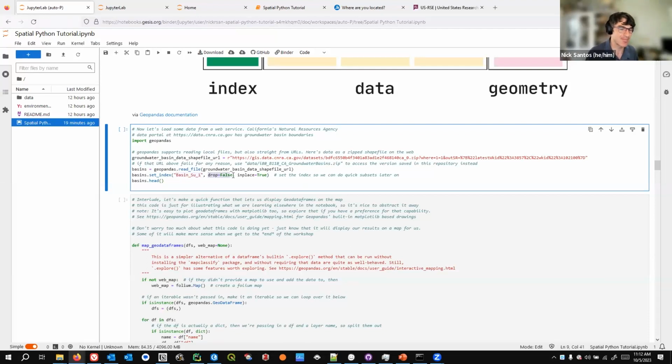And I'm telling it to keep the field as well, which creates some problems for us later that we're going to just work around. And then I tell it to do it in place. So I'm having it do it on this existing object rather than returning a new object. And then the last thing I do is GeoPandas and Pandas both have a head method that will display the